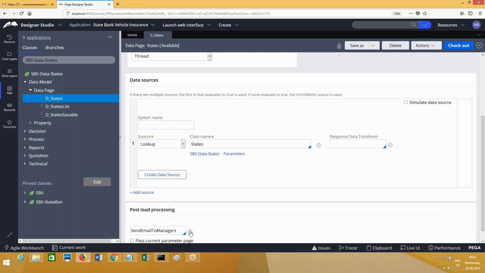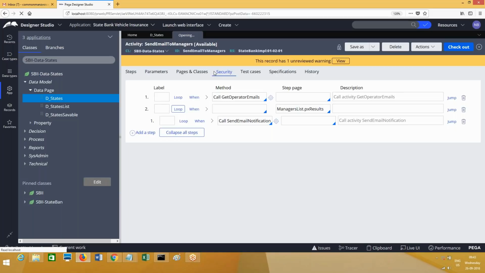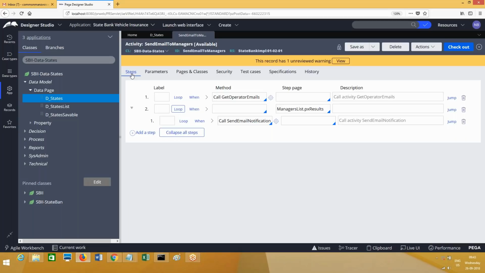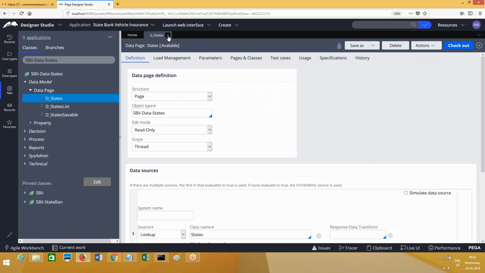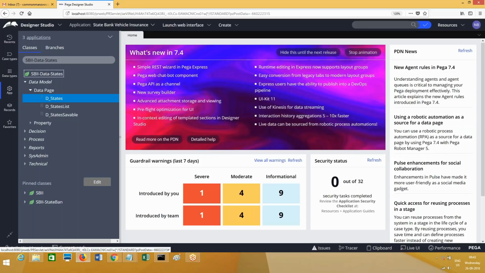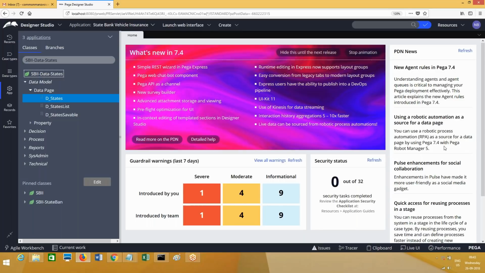How would you handle that? In post load processing, you have to create an activity. What you create here can be any type, leave it. Here you have to do your exception handling, based on the data and the error messages available with the data. Accordingly, you can implement the exception handling mechanism. So in data pages, exception handling is done in the post load processing activity. That is what you have to mention; they will mostly ask this. Is this clear, everyone?